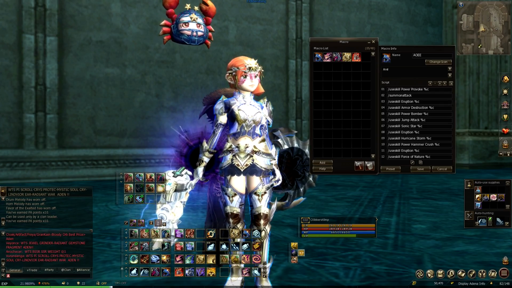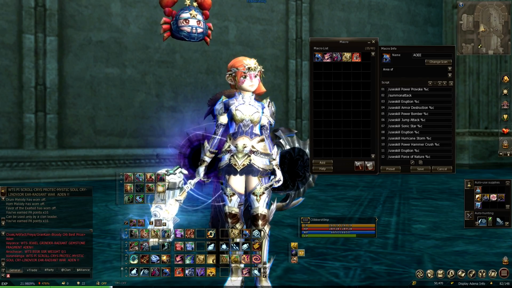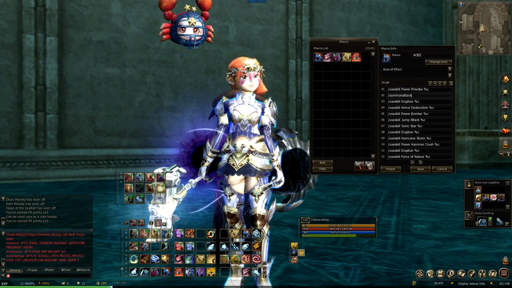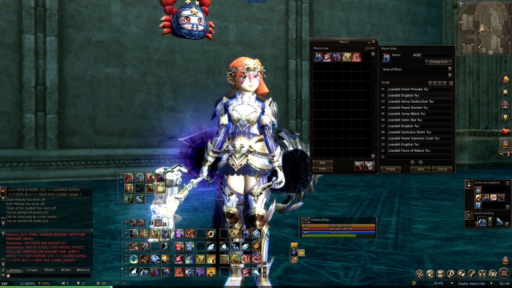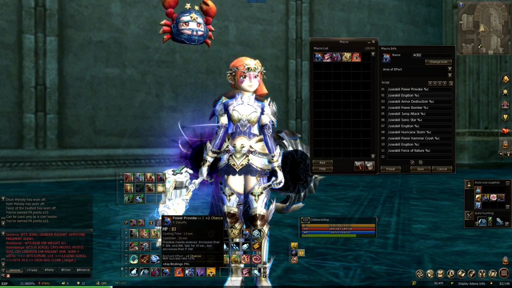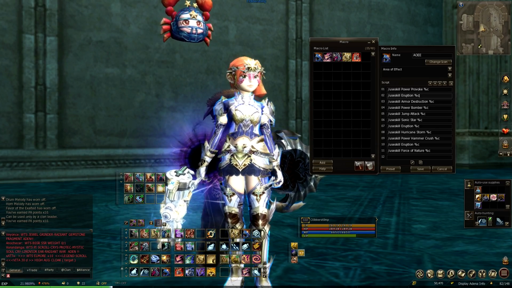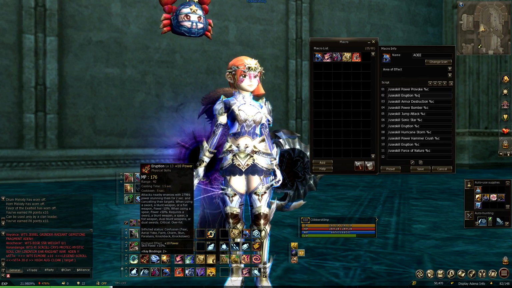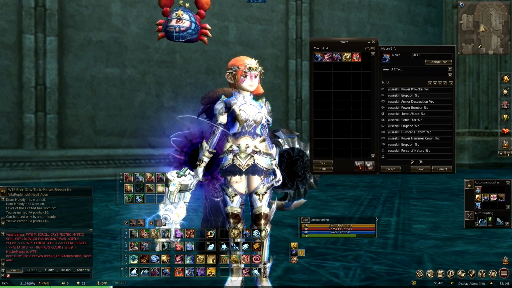AoE, area of effect. There we go. Very cool. So what we're doing here is actually, I'm going to remove this because that's not needed anymore. I'm using Power Provoke, which is to provoke all of the nearby enemy mobs. Then it's very heavy on eruption, and eruption is a pretty good deal, but it causes stunning, which is really nice. So we have eruption and then armor destruction, power bomber,